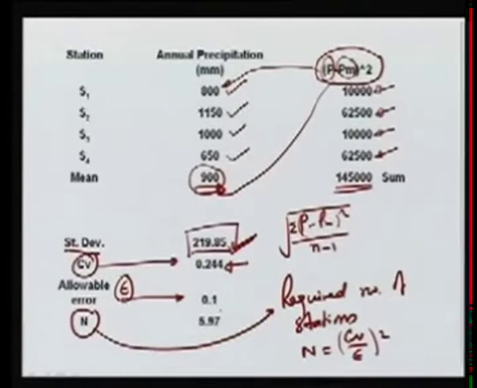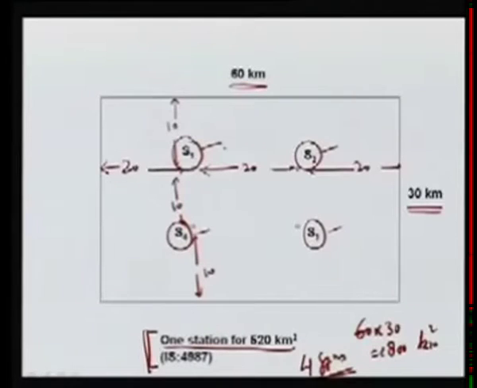In this case it turns out to be 5.97. That means we need 6 stations in that area to bring the variation within the acceptable limits, and we already have 4 stations, so we need to put 2 more stations,